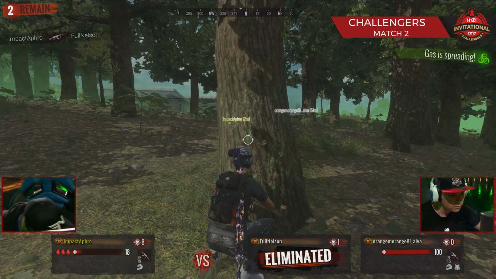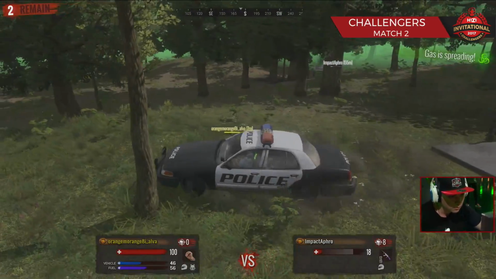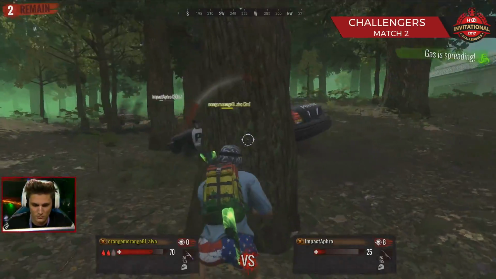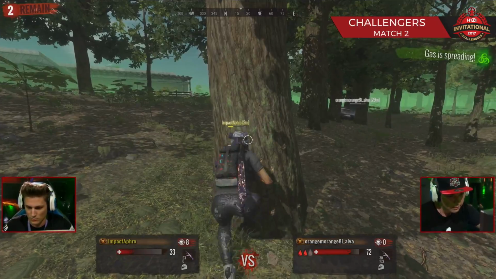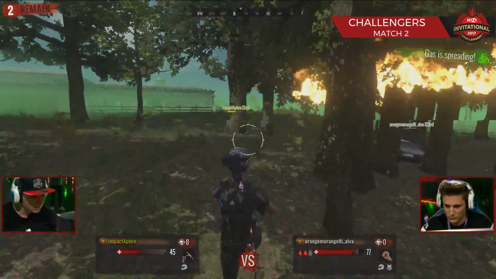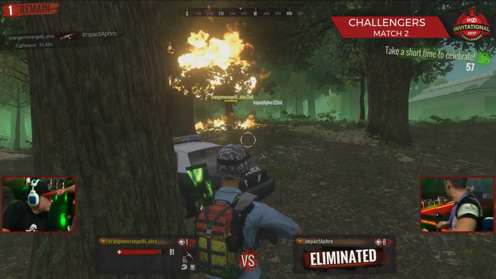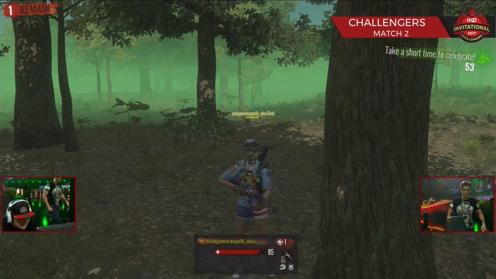Impact Afro versus Orange Morange. Orange Morange smelling the blood in the water, going to come out of the building here, look for the kill before the player gets time to heal back up inside of the cop car, taking some serious damage. Orange Morange enters this fight so far ahead, but Afro looking to make the plays happen, looking to take first place in our second match of Challengers, getting some shots in right now, jumping all over the place, but just like that, Orange Morange able to come out from the building, clean this one up, and win game number 2